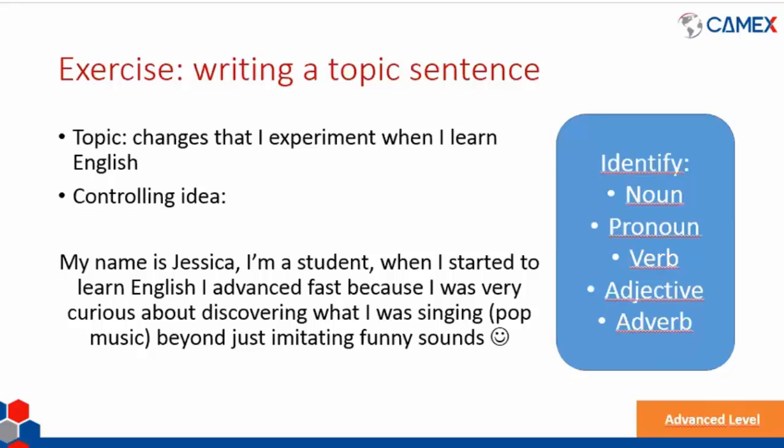Okay, so take 1 or 2 minutes and see that in this paragraph we have used many linguistic elements that we studied in this class, and that is going to help you order your ideas and how you write. Okay, so I'm very sure that we have at least one noun, pronoun, a verb, an adjective, and an adverb.